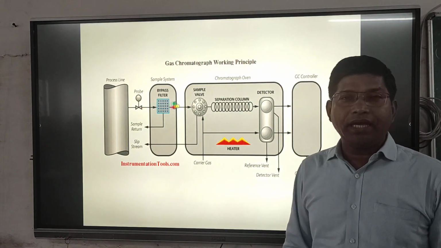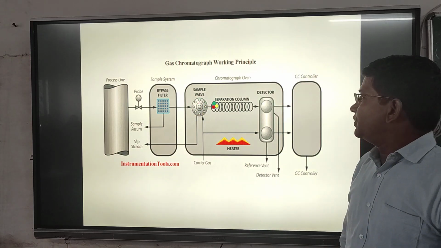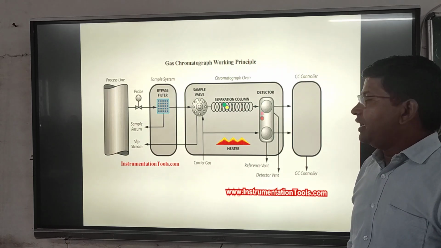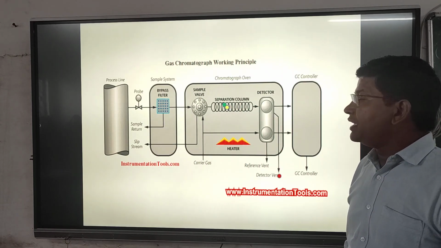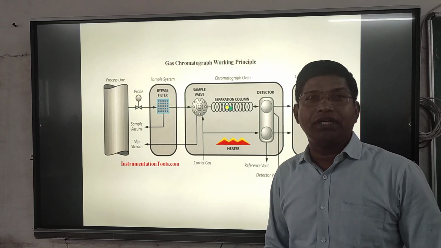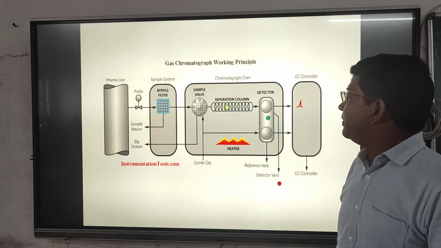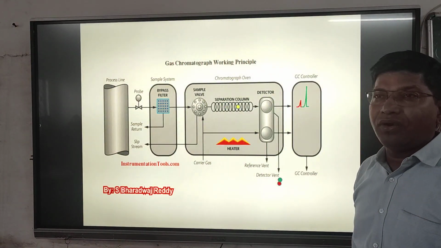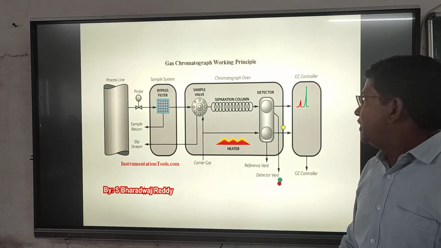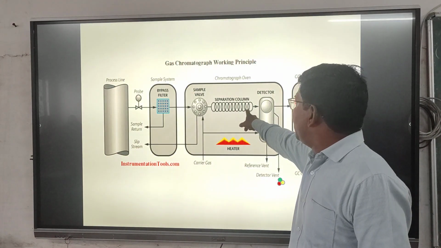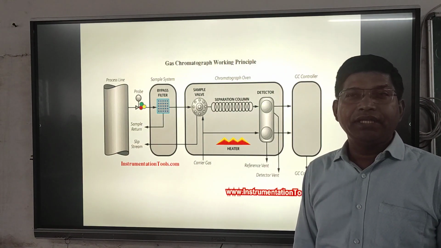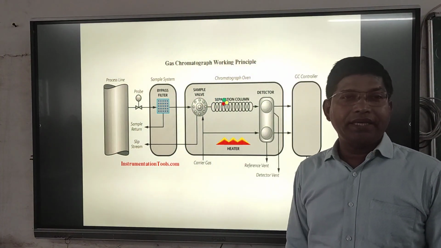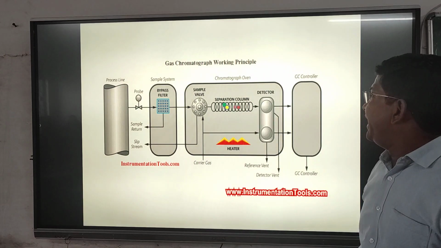Here we can see an animated video of a gas chromatography. In gas chromatography we have a carrier gas; there are several options for the mobile phase, like helium and hydrogen. Here we can see the important unit, the column. The column is where the compound mixture gets separated into its individual components, and it is called the heart of gas chromatography.